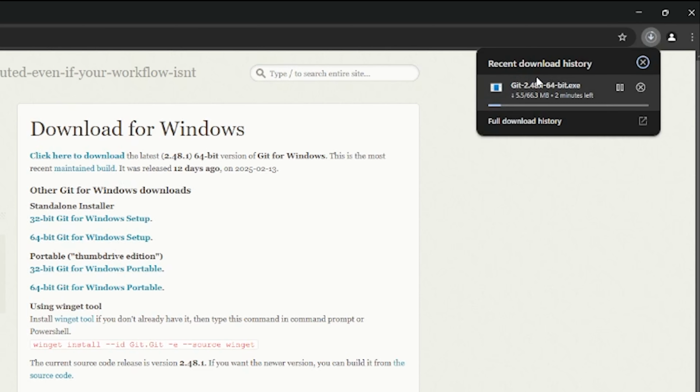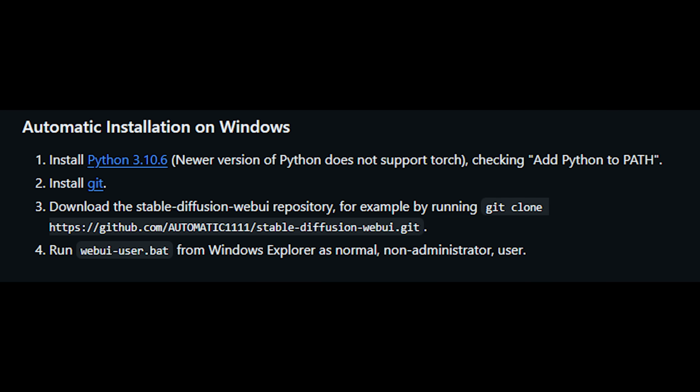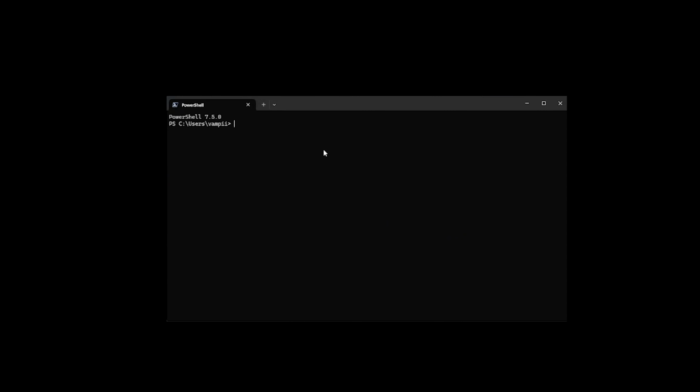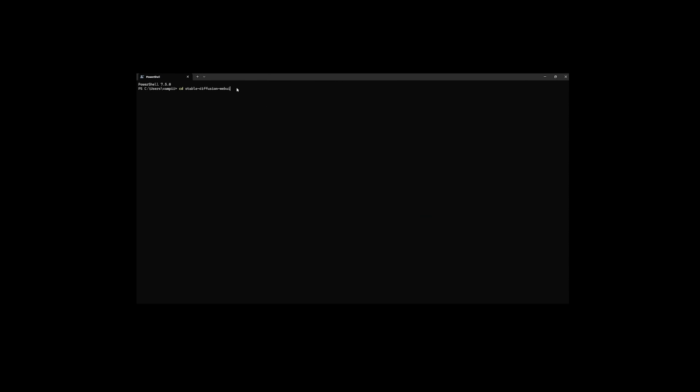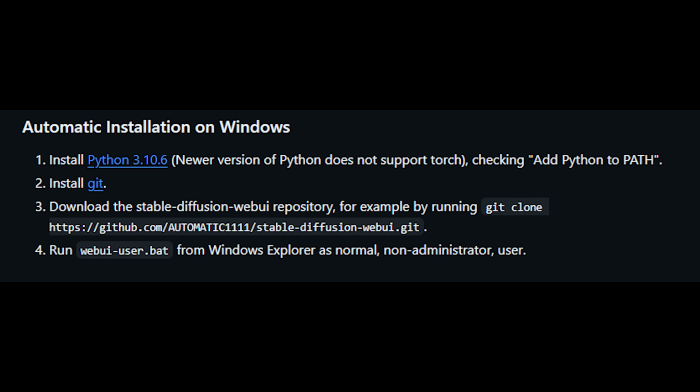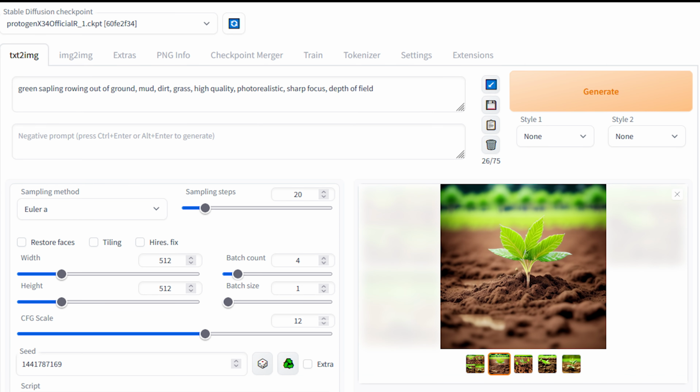Exactly. So we've got our powerful computer, installed the necessary tools, grabbed the code from GitHub, and downloaded the AI brain from Hugging Face. We're all set. What's next? Well, next comes the fun part. Setting up the Stable Diffusion web UI. And how do we do that? This involves running a script, basically a set of instructions that configures everything and gets it ready to go. And once that's done, we're ready to start creating. That's right. Wow, this is pretty involved. It is, but it's worth it. I believe you. You'll be able to open a web browser and start using Stable Diffusion right on your own